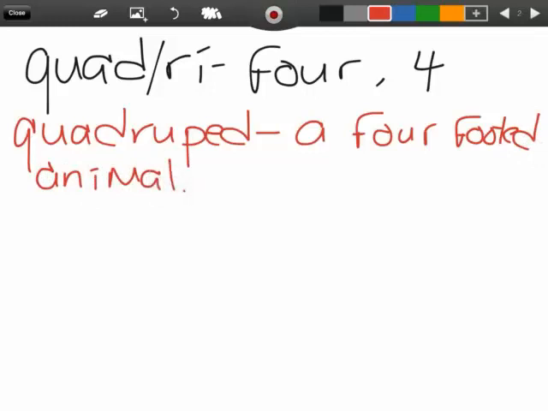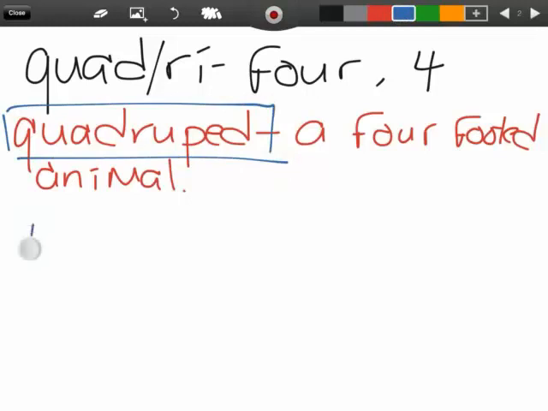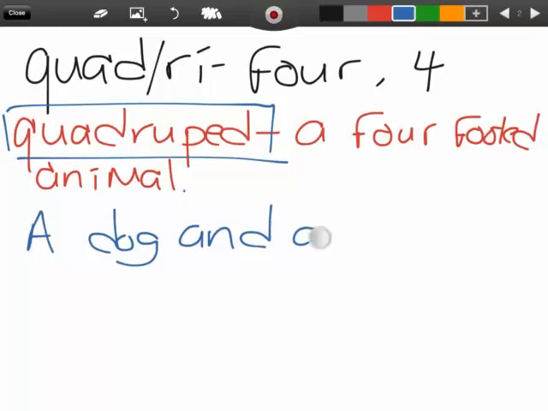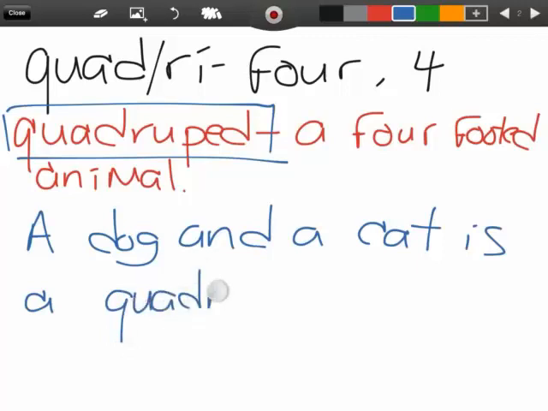I'm going to go ahead and use this in a sentence. I'm going to say a dog, sorry about that, and a cat is a quadruped. I'm going to go ahead and read that to you one more time. A dog and a cat is a quadruped. Moving on to our next root, which is